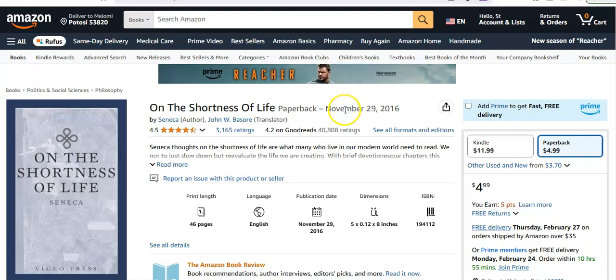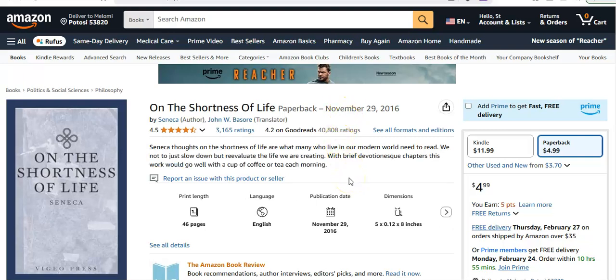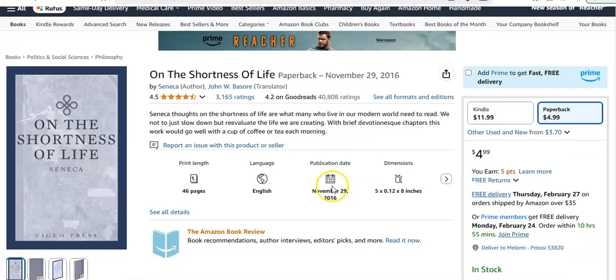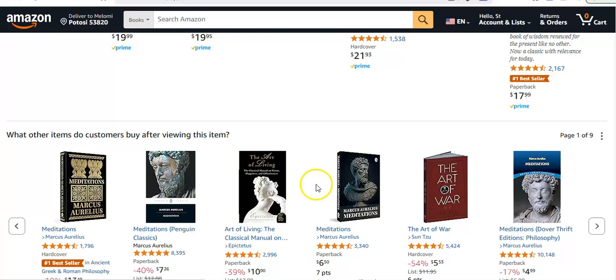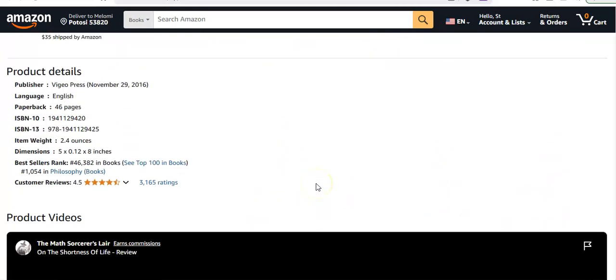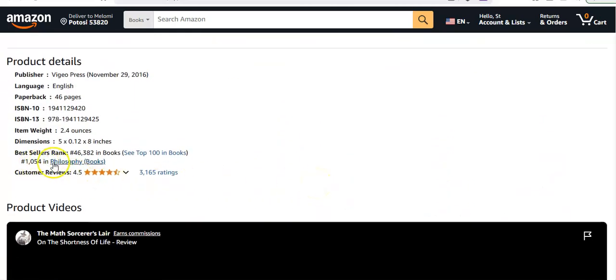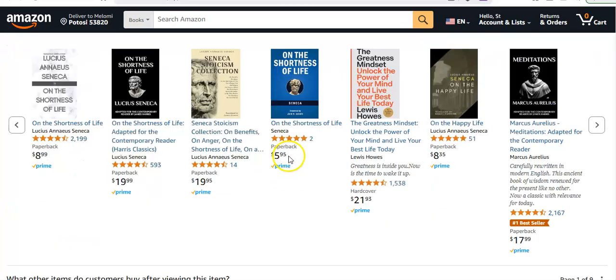Oh, it brought me to this. Paperback, $4.90. Look how expensive, their paperback's cheaper than the... yeah, they're not doing great on sales rank right now.